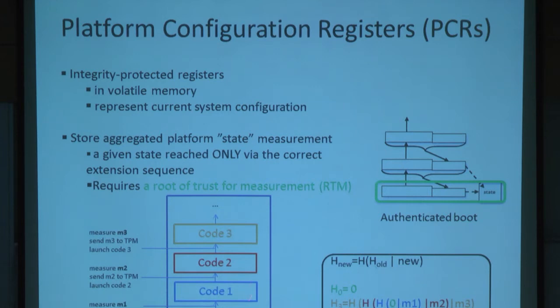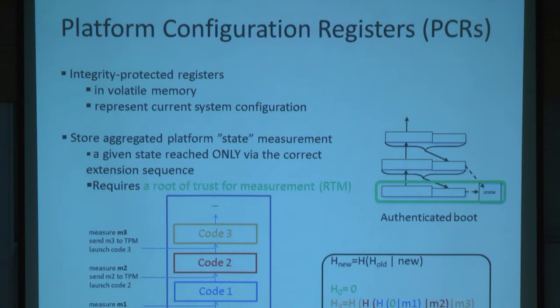So that's going to boot a piece of code, which might boot another piece of code like the operating system, which might then launch an application. So at every step, you measure this piece of information and then add it to the state information that you are keeping track of in a PCR. And the way a PCR is updated is a kind of iterative hash. So you have some current value of the PCR, which is called HOLD. You have a new measurement, which is the piece of code, or